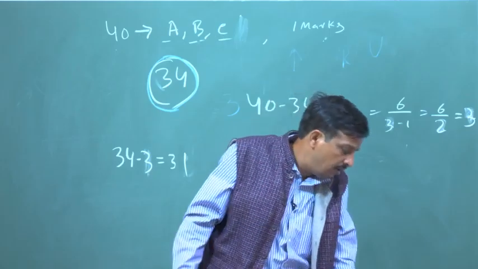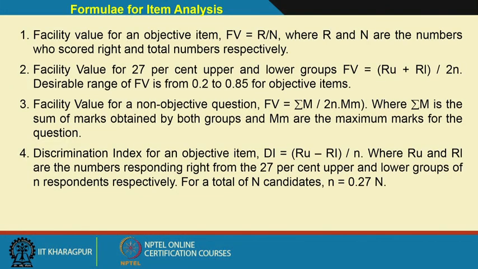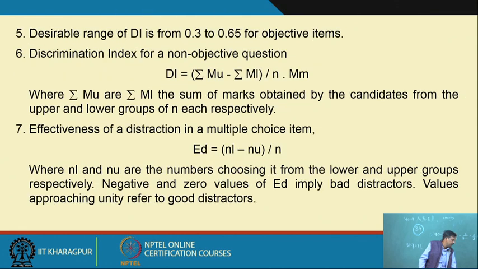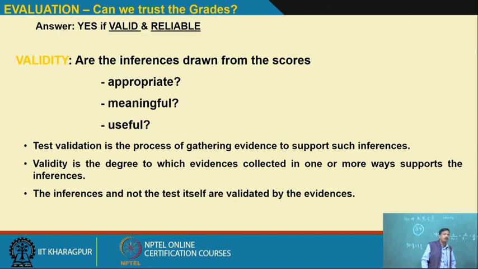Now, those are the formulas. I am not describing the formulas again, because I have already described them and the same things are written in the slides. The desirable DI range is 0.3 to 0.65 for objective items; the discrimination index for non-objective items I can calculate, but forget about that. The summary slides are available, you can read them. Now, I come to